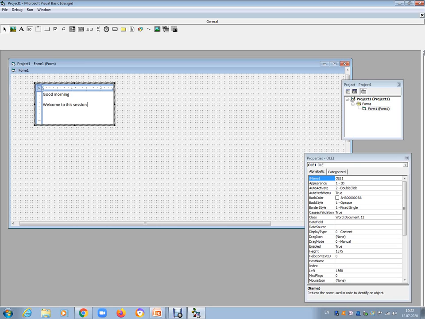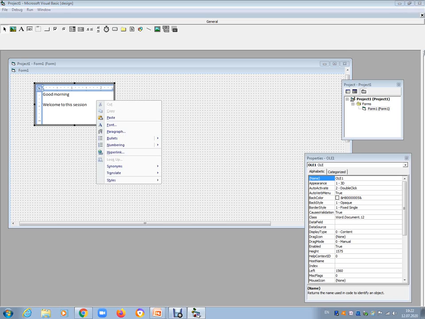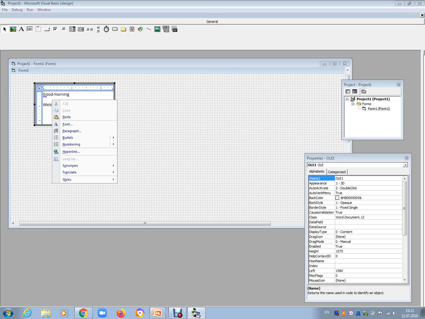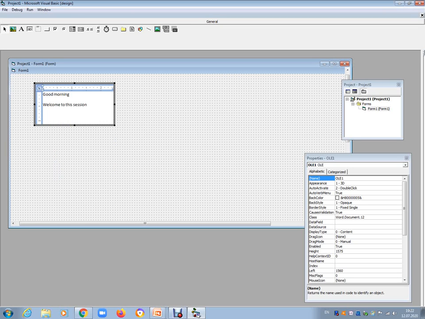So you type here, and now it is our Word document file. If you want to do any formatting, all the options available in Word are available here.